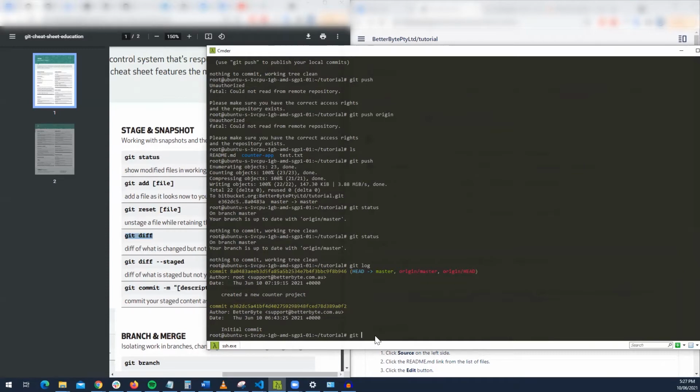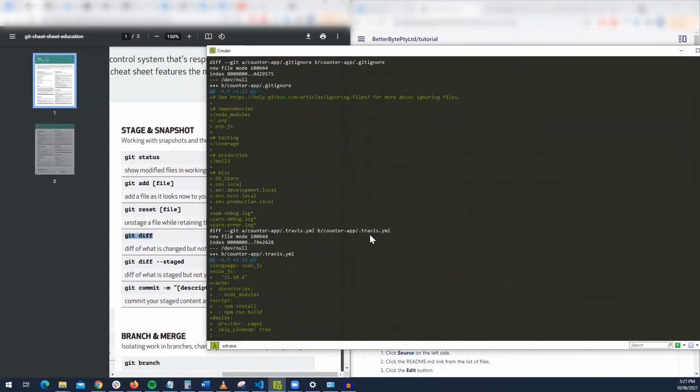If you go Git Diff, and then, because this is the most current version, if you want to see the difference between the initial commit, then and then see how